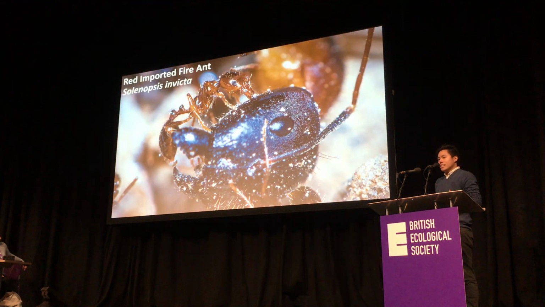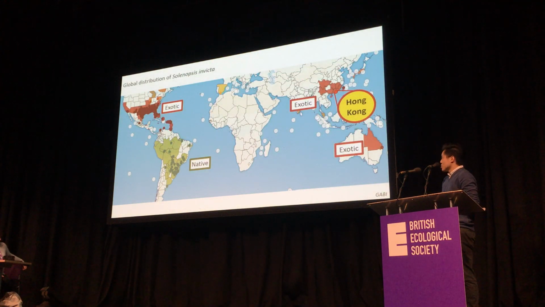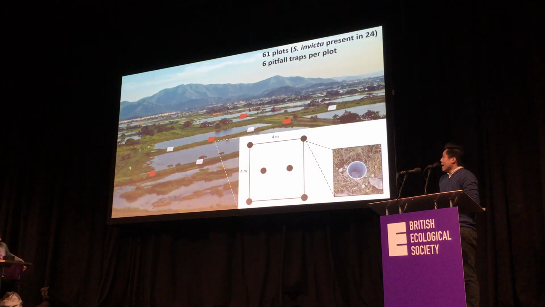And it focuses on ants because competition is often invoked as a strong driver of ant community assembly, and I love ants, so we focus on the very important fire ants, which are exotic to many parts of the world, especially Hong Kong, where the study was based. And the data was collected by myself in 2018, where I basically sampled plots in this landscape invaded by the fire ants. So I sampled plots with and without the fire ants and sampled all the ant communities of those